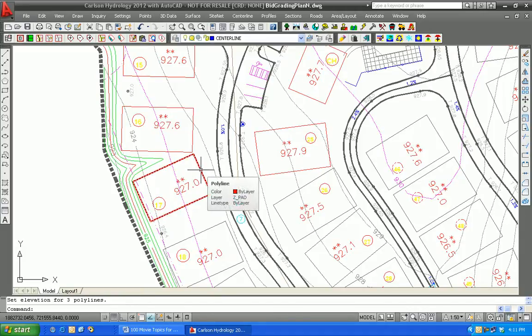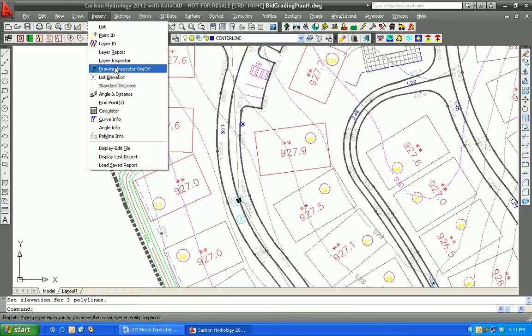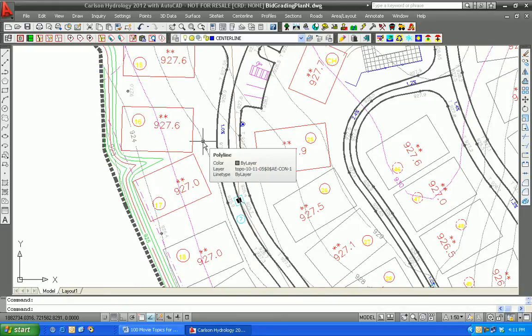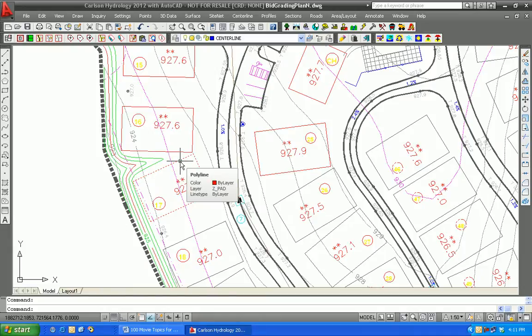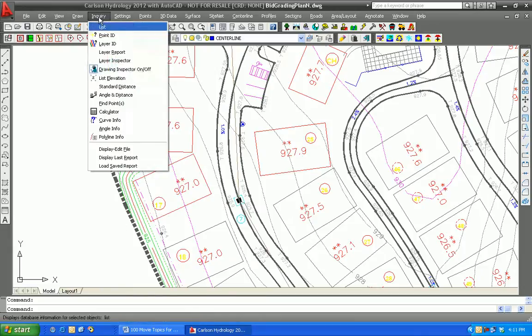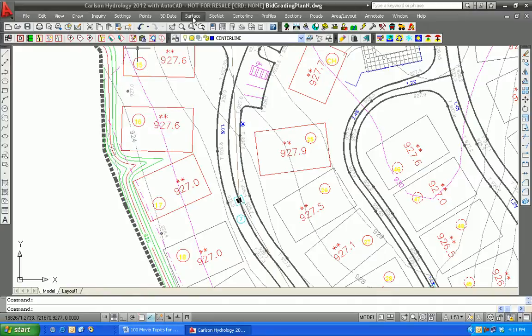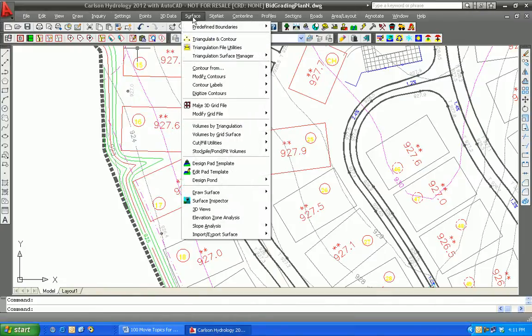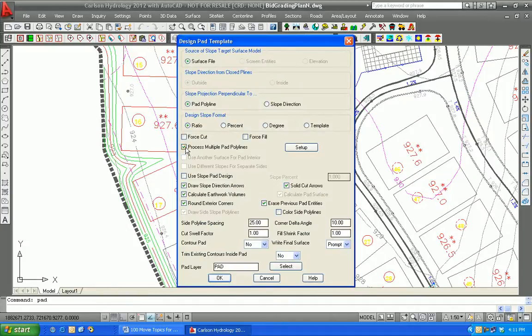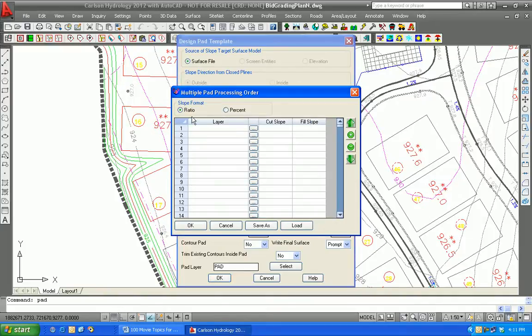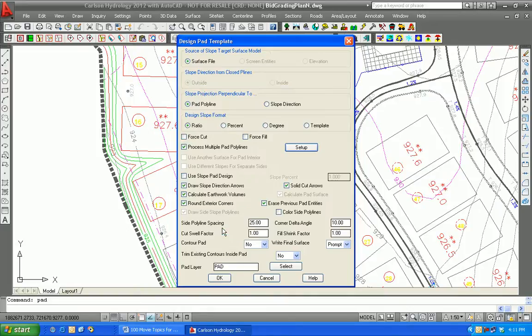Note that these are going to be in fill, because if we go to Drawing Inspector, your elevations locally are 926, and that is lower than the associated or nearby pads. So now, turn Drawing Inspector off. We'll go back to the pad template command, but we'll select the multiple pad option. We go into Design Pad Template, and there's an option to process multiple pad polylines. We can look at the setup. We're going to go by ratio. There's various options here, but we're just going to use selection-based multiple pads. We hit OK,